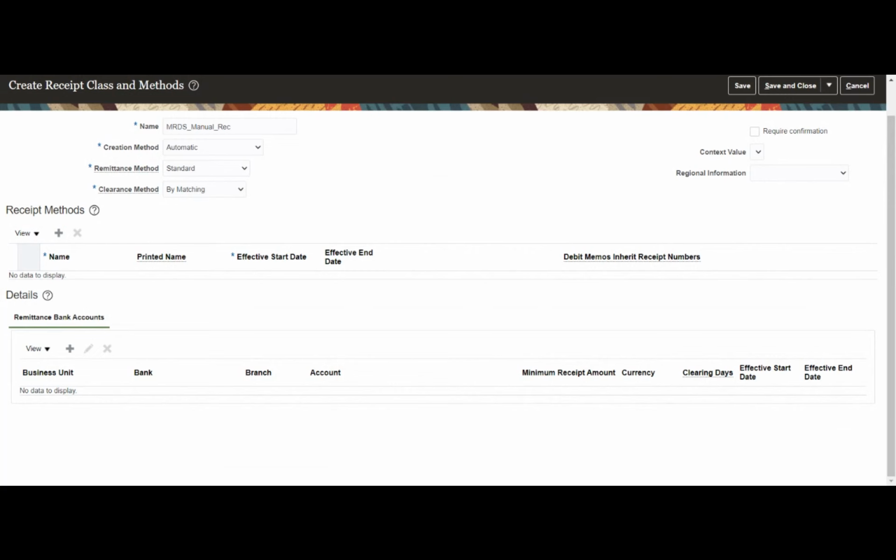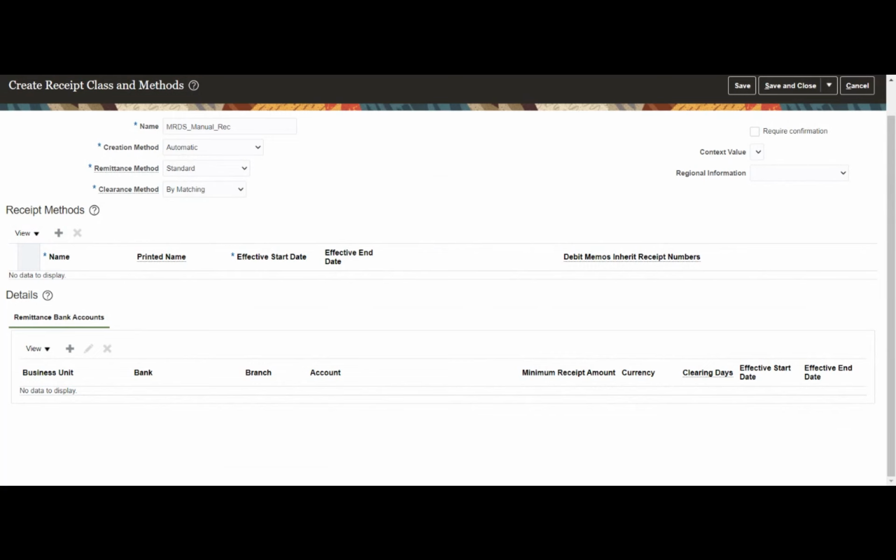Now if you see here, we have the option of setting the remittance method. How do I want exactly? For manual, if I click this, I'll have no remittance option, since this is manual. Whereas for automatic, we will not have no remittance; we will have standard, factoring, and standard and factoring. Standard we understood. Standard is a process wherein we have communication with the bank, we deposit in the bank, and then the payment will be processed.